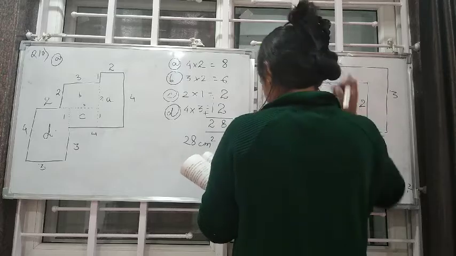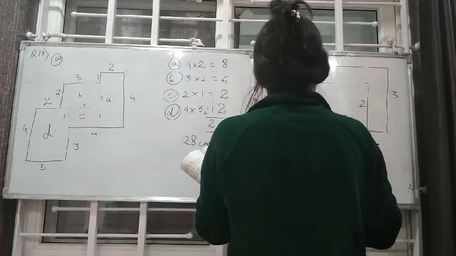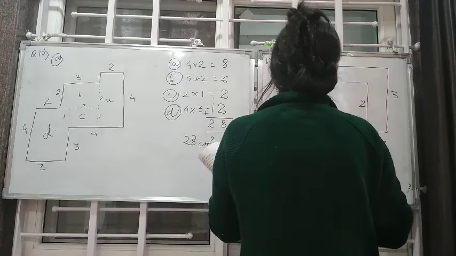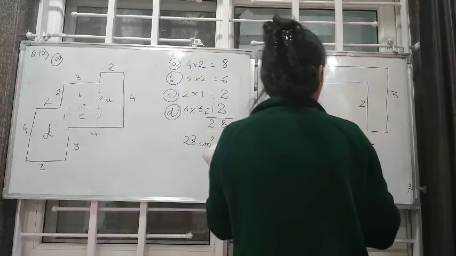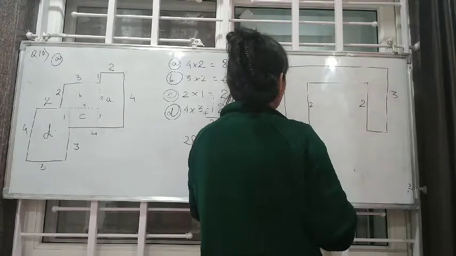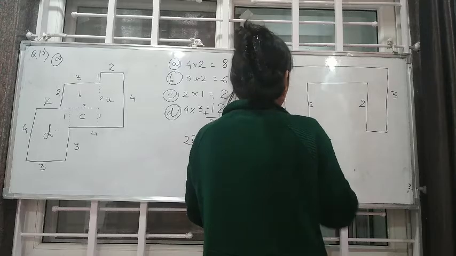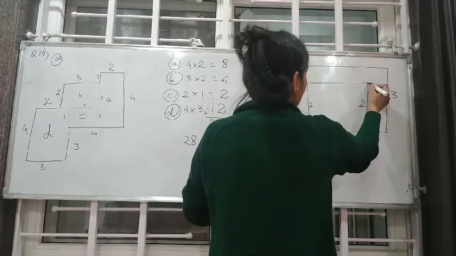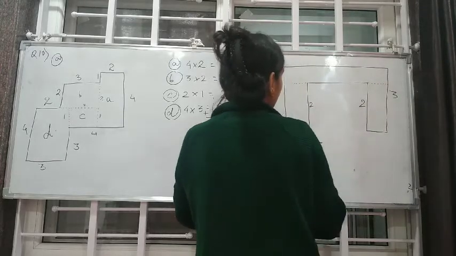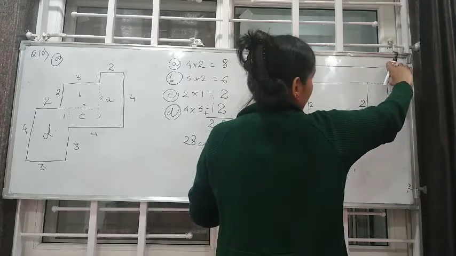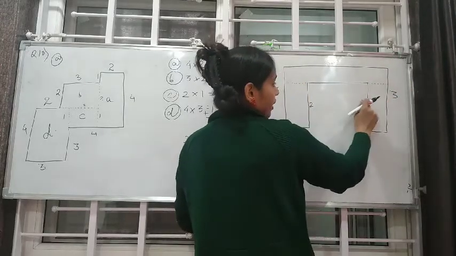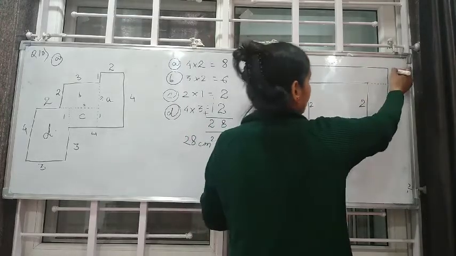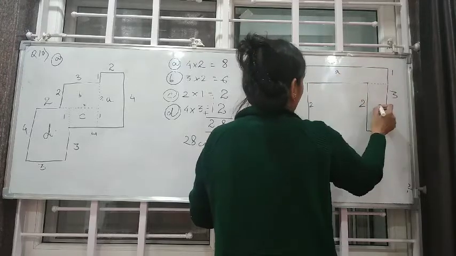Okay, so let's divide the figure into 3 equal parts. Okay, 3 equal parts. How? Either you can do this and this. Okay, now children, this is 5. We need to do this. Now when you come here, you see this 3 and see this as 2. So this much is 2. So this much will be 3 minus 2. That is 1. So this is A, this is B and this is C.